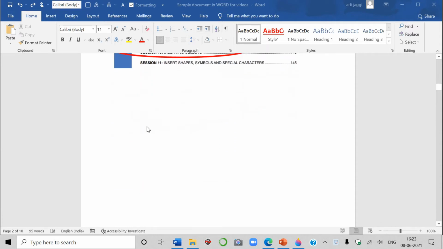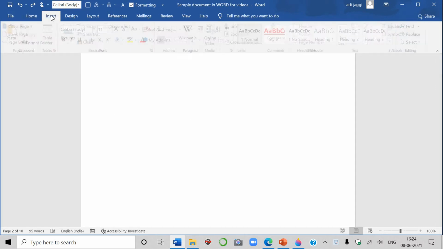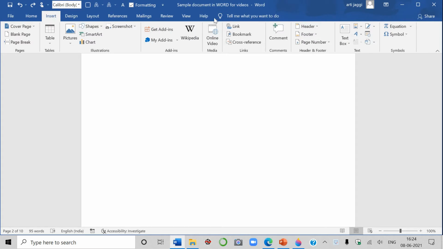So I'm going to start with my cursor here, and now I want to insert some objects. What do I have to do? First of all, go to the Insert tab, the Insert menu. On the right side, you will find this option, Text. This is the group or section, you can say. In the Text section, you will find this option, that is Object, inserting objects. Click here. A small dialog box will open when you click on Object.